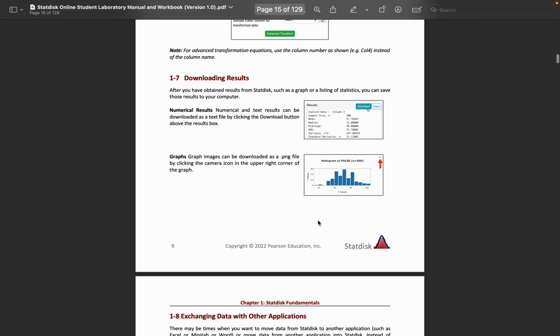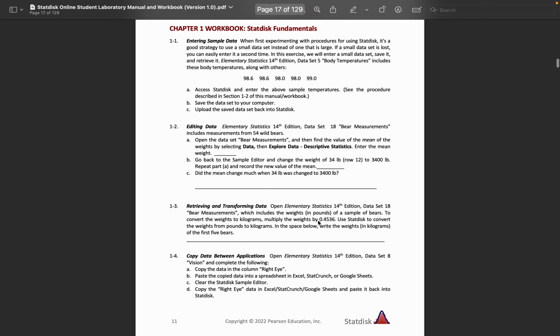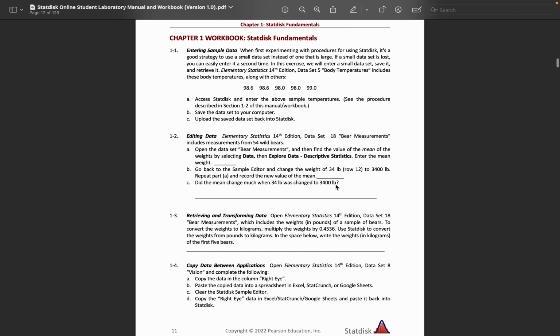Then we get to this page right here, which is where the exercises for the labs are going to come from, or at least for this first lab. We're going to go through exercises 1-2 and 1-3, and that's what you're going to submit.